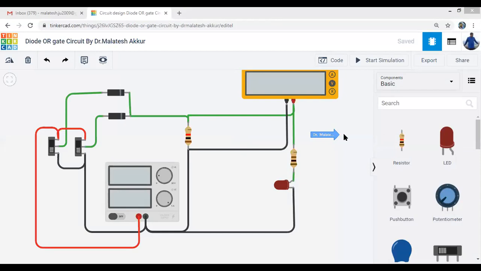Yeah, fine. We can use the same diagram for the OR gate. This is D1.